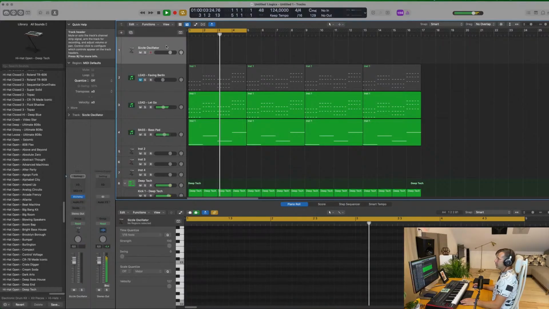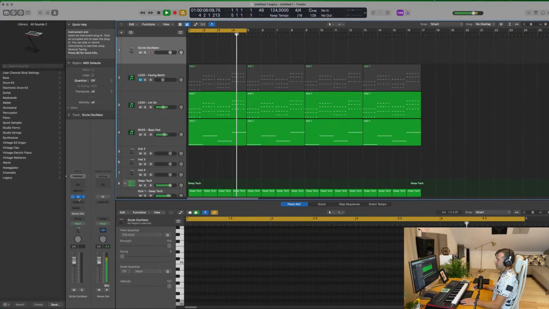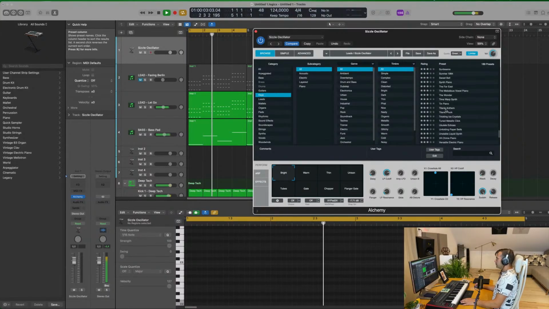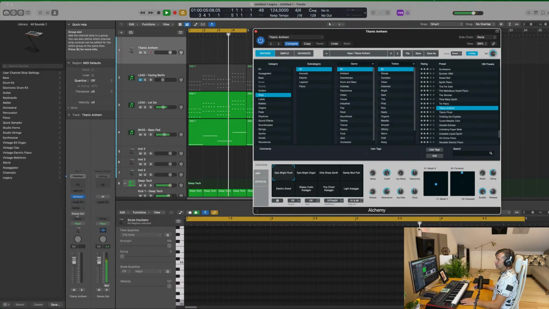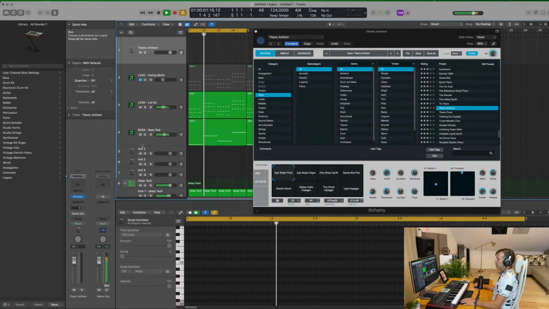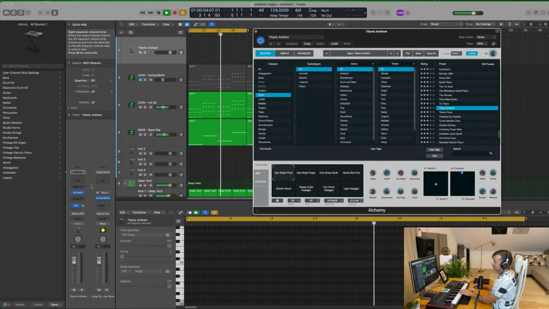Now I'm thinking like some kind of a glassy kind of lead, like a bit epic. Then we'll go keys. And then this one I'm gonna, of course, send to my Reverb bus that I created. Because I don't want it to be so dry that when I play it's